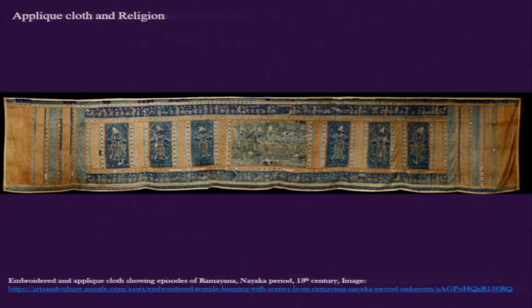So from Zardozi, if we move towards other forms of embroidery making, we find that applique is something that is usually added to these techniques. By applique I mean adding extra pieces of fabric, something we have already seen in the earlier installments of this week, in Ahmedabad and parts of Gujarat, where cut pieces of fabric are added to the already existing fabric surface. Even in Zardozi, as we saw in the earlier example, pieces of fabric are added on the layer of the existing fabric and then stitched or embroidered with the other material.